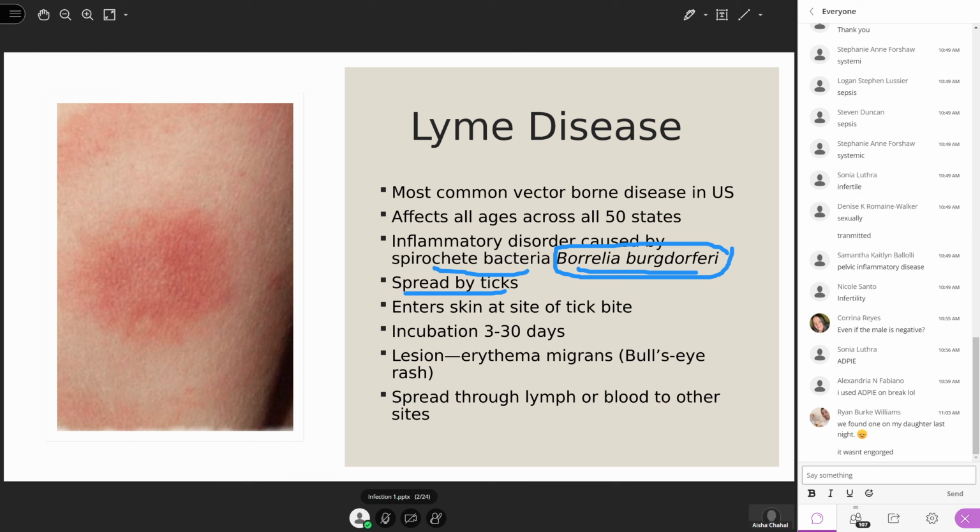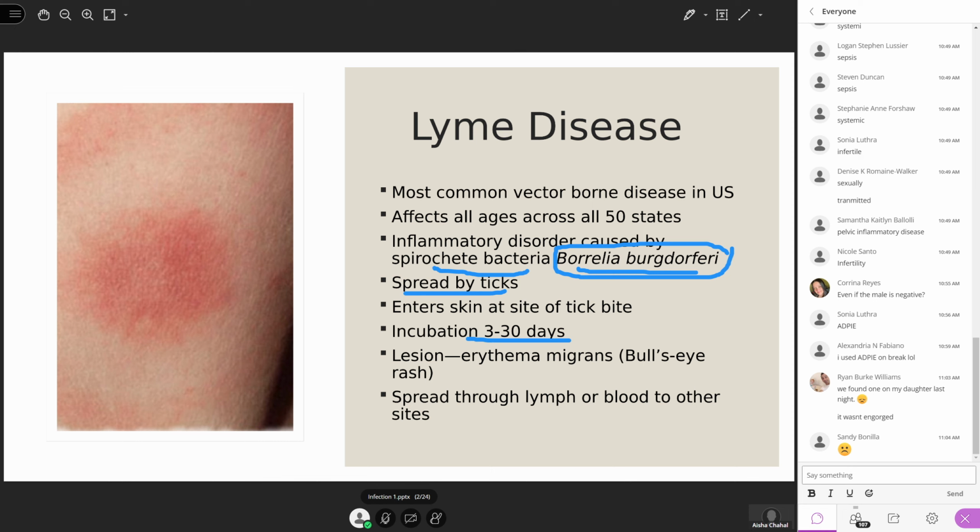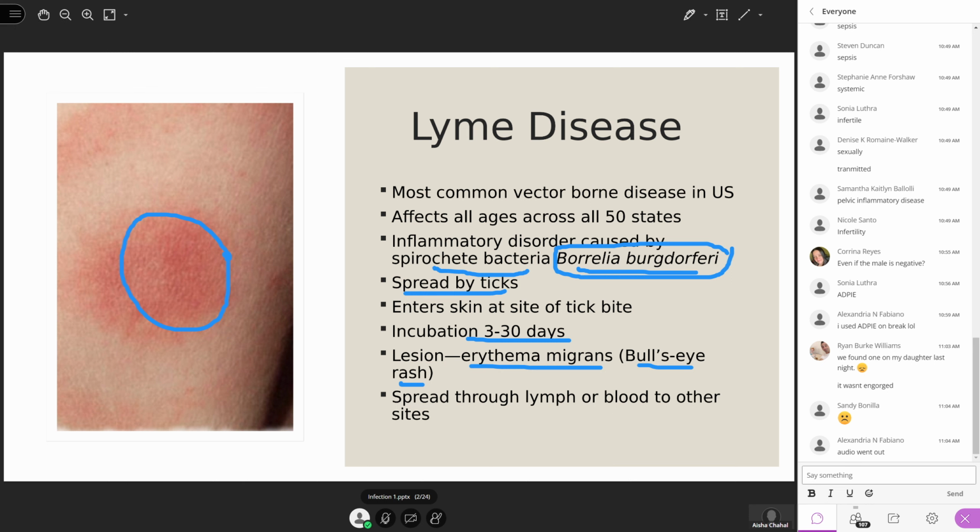Okay, and so the incubation is 3 to 30 days. Within 36 hours or so, we will start seeing the symptoms, but it can be as long as 30 days. A typical symptom is the rash that is formed, which you can see here, it's not very clear, but this is a bullseye rash. The other name is erythema migrans. This starts to happen after the biting of the tick. So it literally pokes its head into the skin, and that's how it transfers the